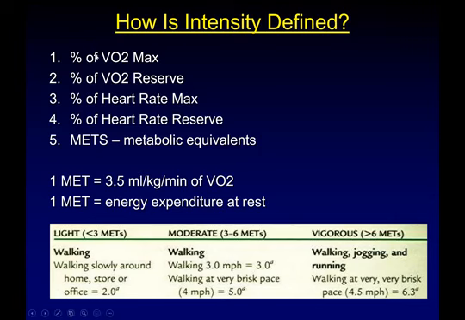The best way to define whether running at 7 miles an hour is light, moderate or vigorous intensity activity for, say, Kinsey or Casey is we need to know, relative to their maximal ability to make energy aerobically, how much energy running at 7 miles an hour costs. What percentage of their max is it? Running at 7 might be at half of that number or 3/4 of that number. For Kinsey, it's 60% of her VO2 max to run at 7 miles an hour. For Casey, it's 80% of her VO2 max.